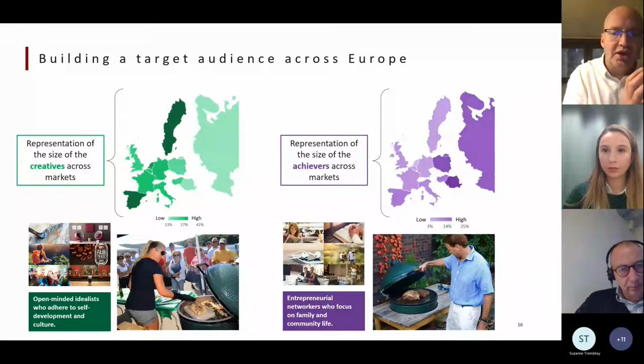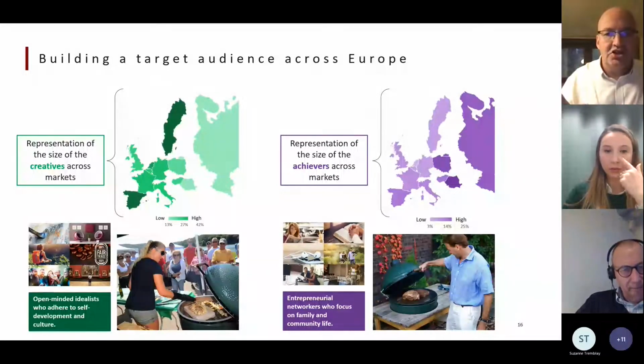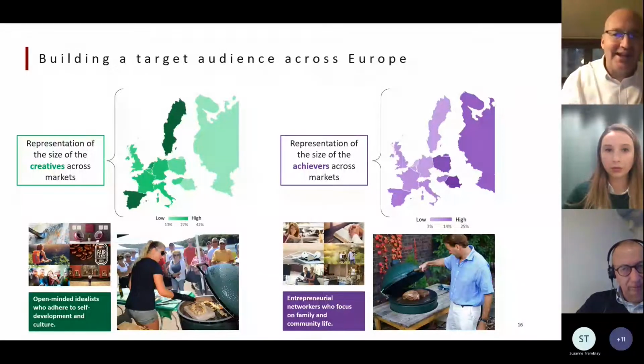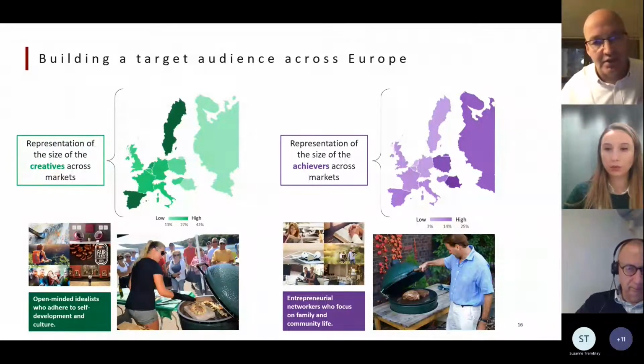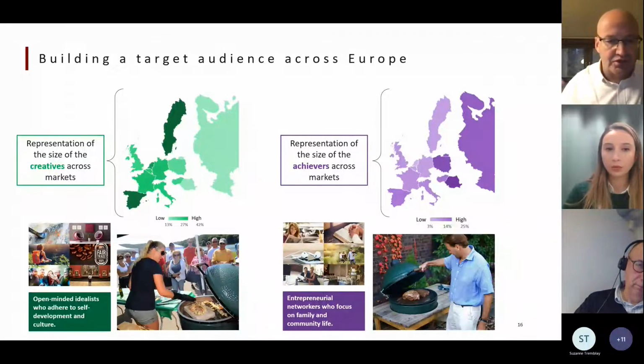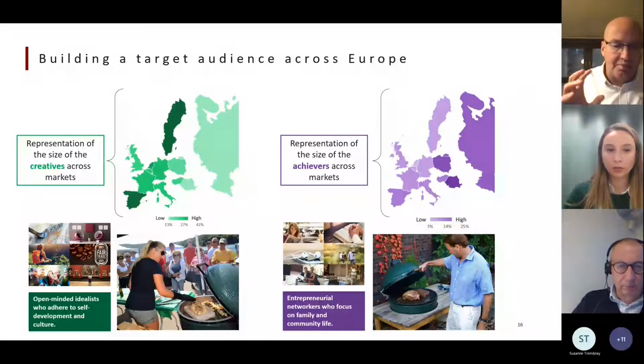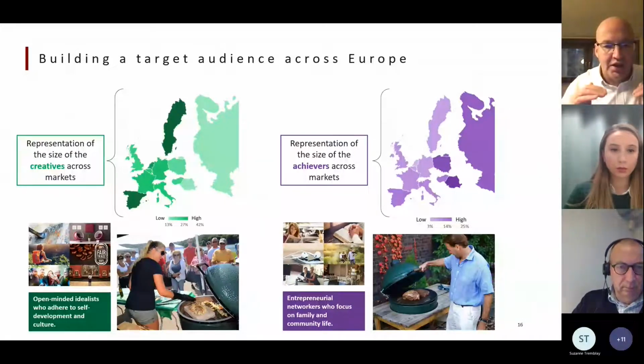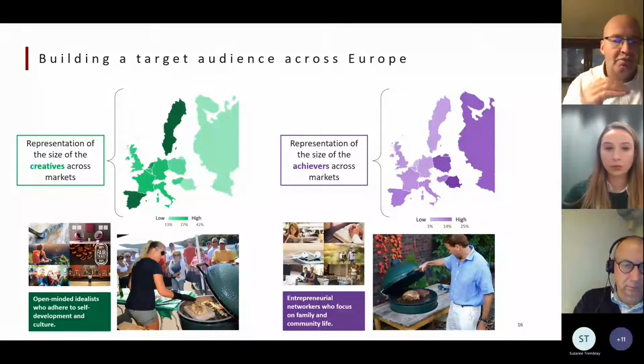We'll show you 2 cases. One case in which we used our standard segmentation because we already explained it, so it's didactically easier for us to continue and give the learnings. And the second one will go over into a custom-made segmentation based on values and social cultural differences. Now here we looked at 2 target audiences. We looked at the brand, we looked at who could be open to it, and then we looked at the higher income level of both the creatives and of the achievers.